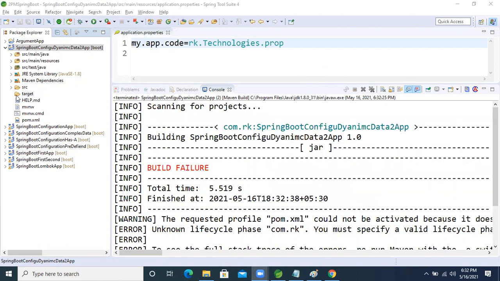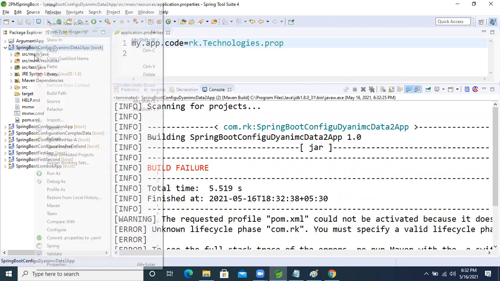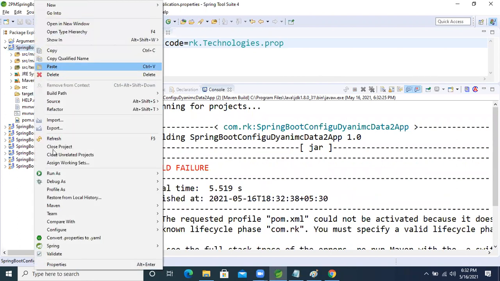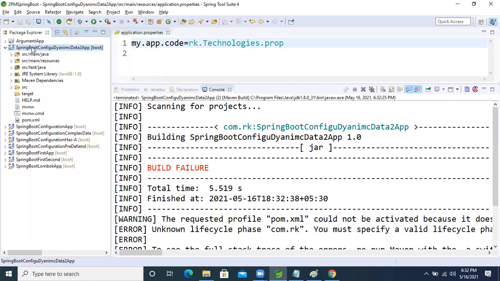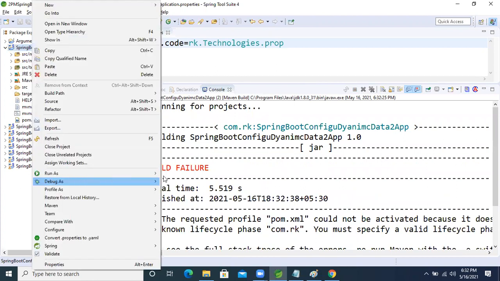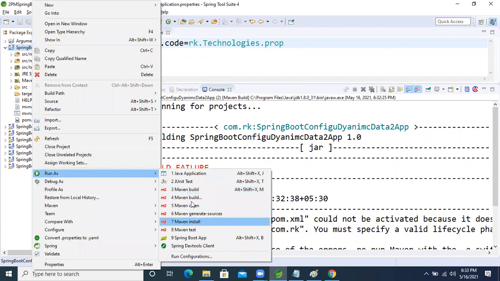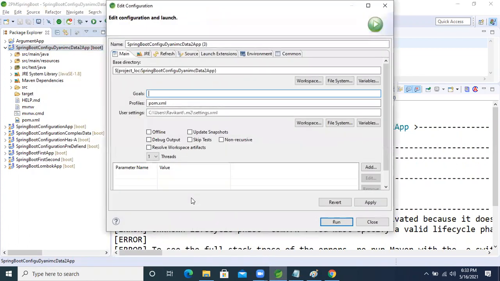Building is failed. Target, refresh. No, guys, it's not working. Validate, right? Now apply.